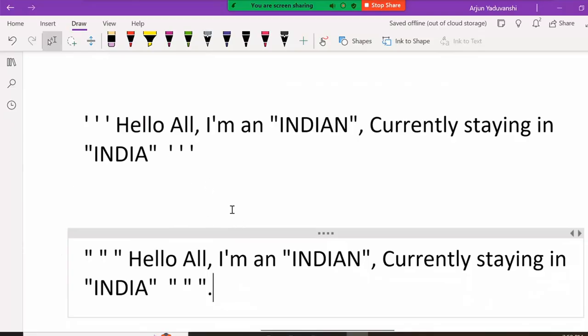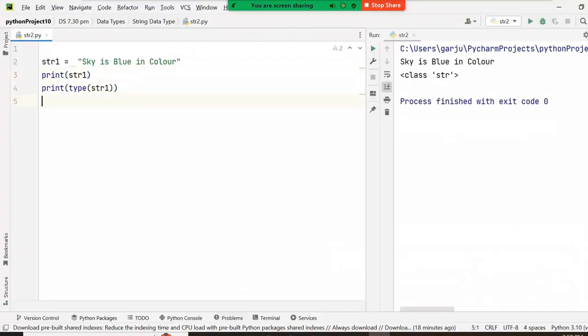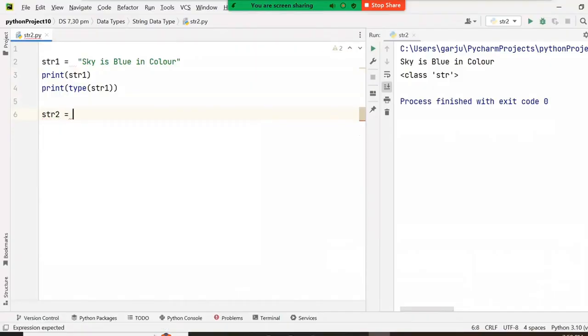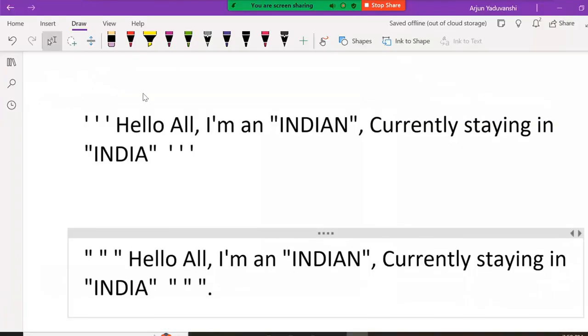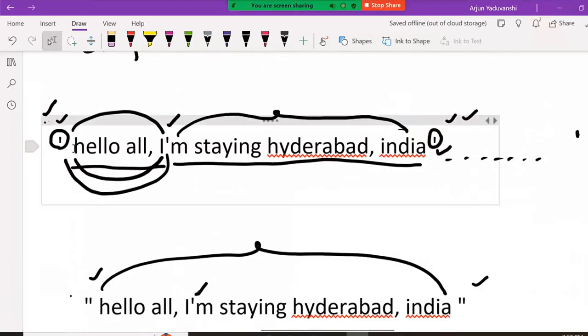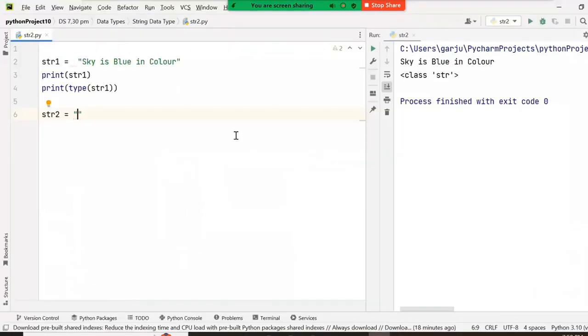This is the advantage of the multiple ways of displaying a string. Now quickly see this one, guys. Now I'm having a string over here, s2 is equal to, what is the message I gave it over here, this one. Okay, I'll take it. Hello all, I'm